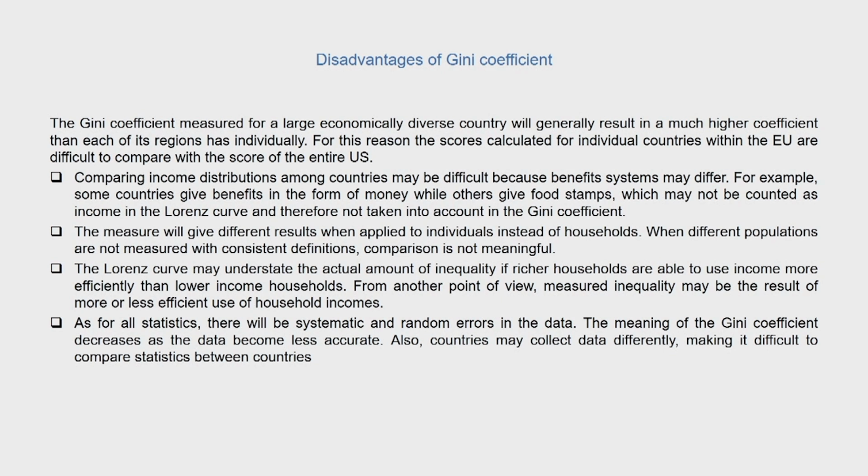So the first disadvantage of the Gini coefficient is that comparing income distributions among countries may be difficult because benefit systems may differ. For example, some countries give benefits in the form of money while others give food stamps, which may not be counted as income in the Lorenz curve and therefore not taken into account in the Gini coefficient. To give an example which is very specific to countries such as India, you would know that